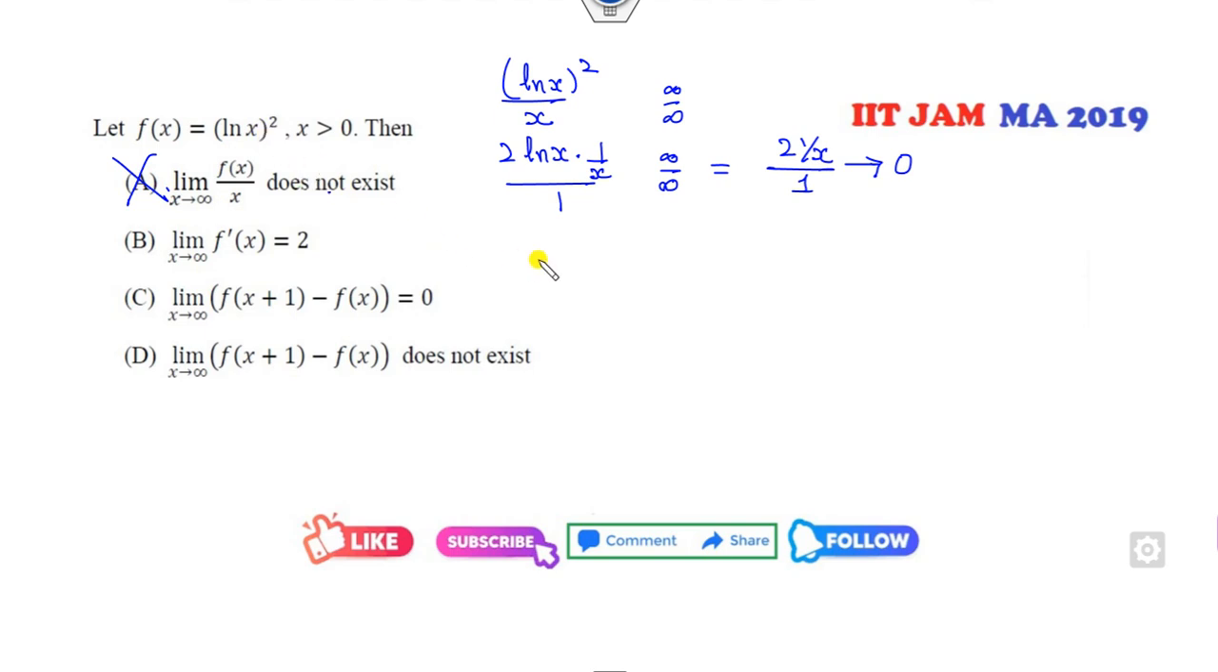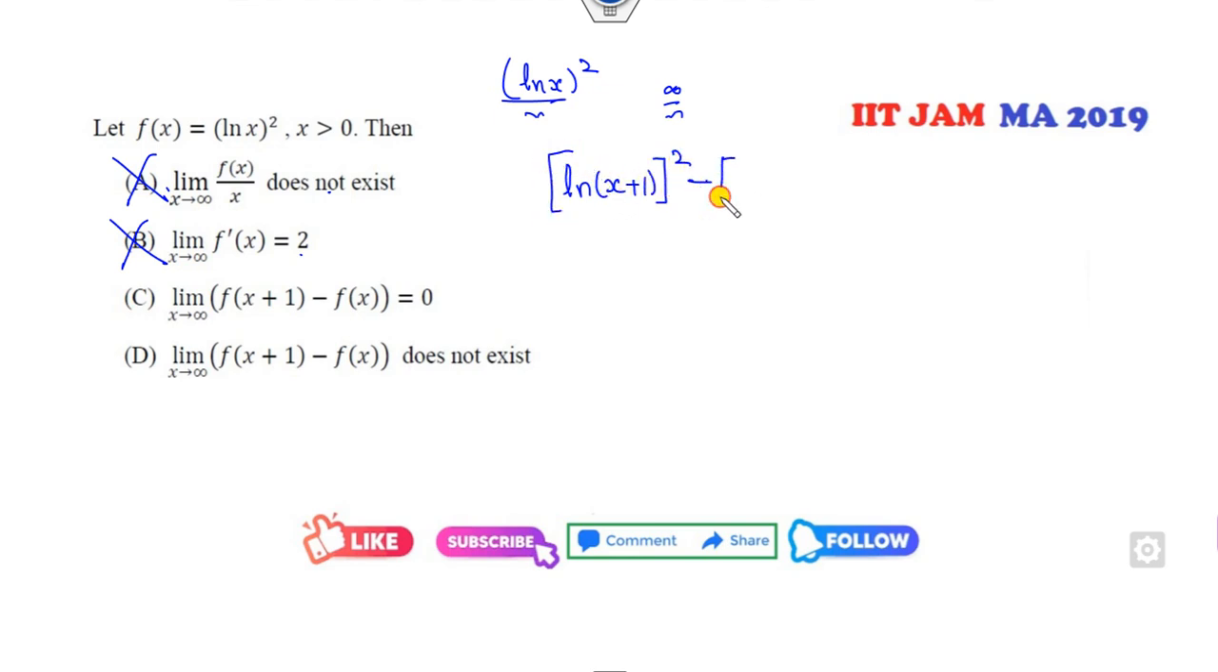F dash x, if you take the derivative, is 2 ln x over x. Now again it's infinity by infinity form, so 2 over x divided by 1. So that will go to 0. But he said 2. Now for this one, that means ln of (x plus 1) whole square minus ln